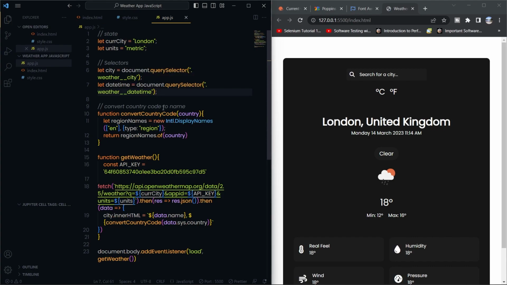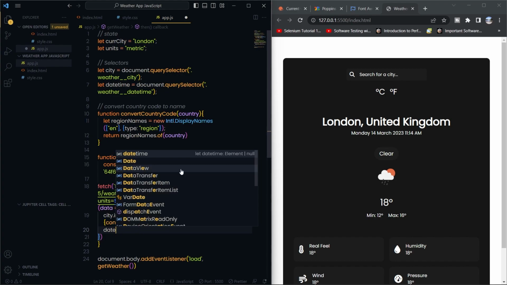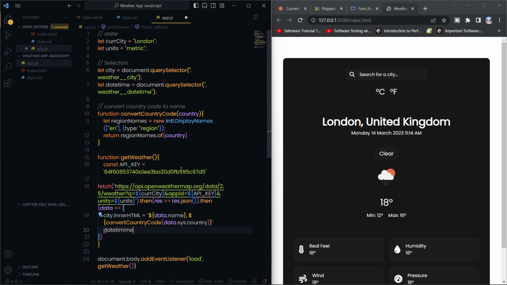Okay, and then down here we'll say dateTime.innerHTML. Now with this, if I just remove this for now, just add some comments here, and I console.log this data,